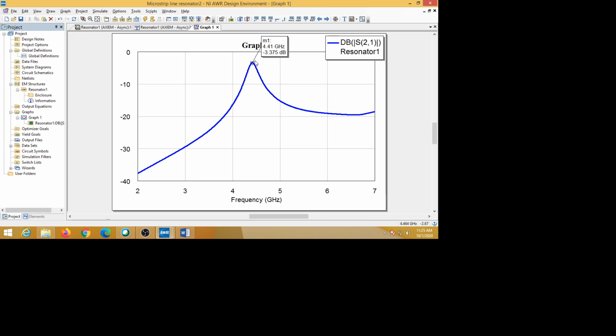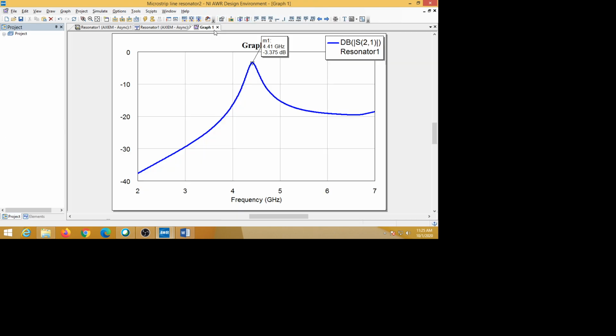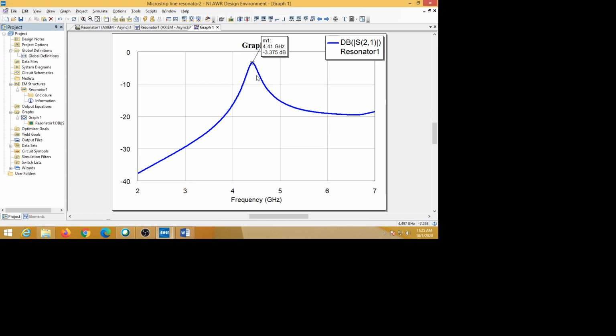Because minus 3.37 dB of power is lost, this structure is dissipating that much power. That's why the remaining power is coming out of the structure. So this peak value, whatever it is, 3.375, that is the insertion loss.